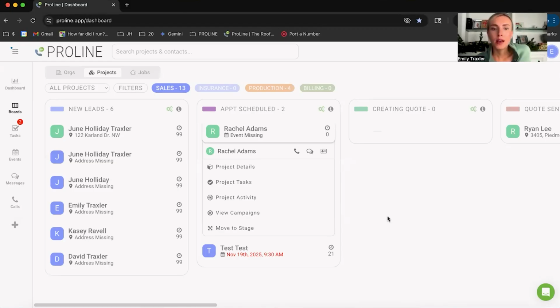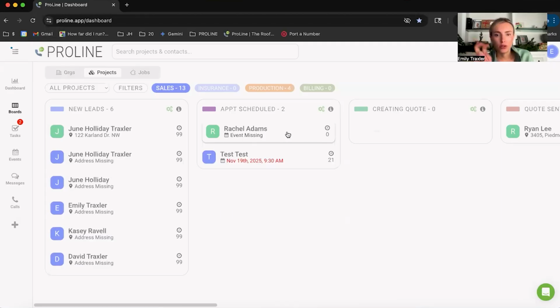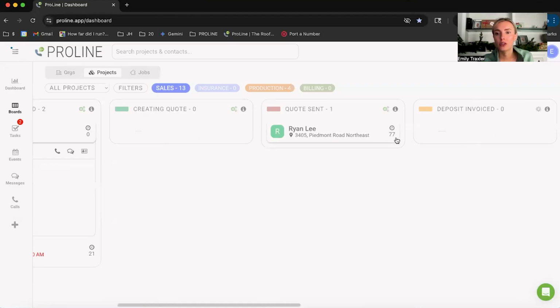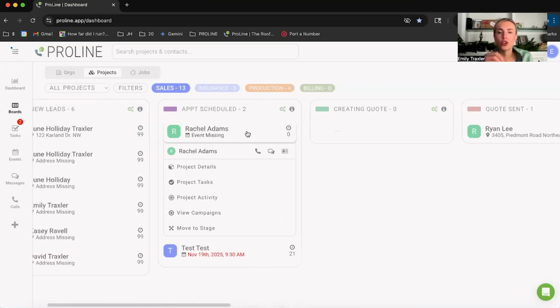and I will stop and go back anytime. All right, we want to talk about project stage snippets and using dynamic fields. If you're unaware, a stage snippet is actually this right here under the name. So I have the address listed in the new lead stage. I like to use the address as my snippet. And then for Rachel Adams, I have actually created for this stage a snippet that shows the date of loss